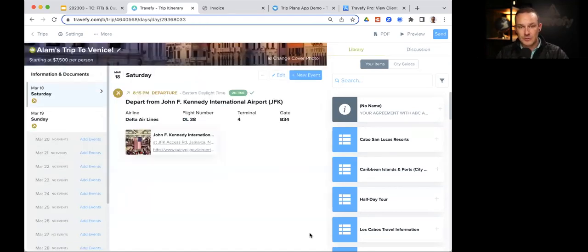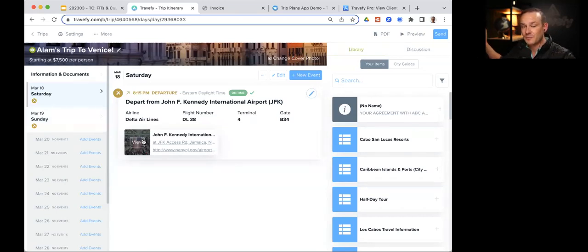Now, one final tip I'm going to share on flights, because I see a lot of advisors do this. We're working on this. We know that this is an issue sometimes. I see some advisors that say, well, Scott, the flights are great, but I wish they were more compact. We're working on that. What I would strongly suggest, don't delete out the airports, because Travefy is doing a ton